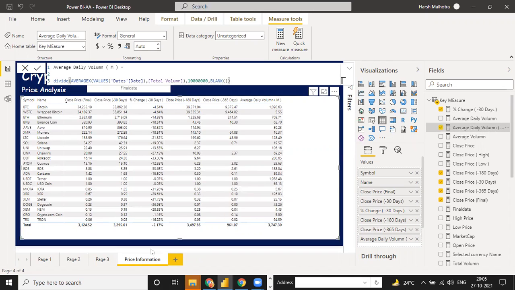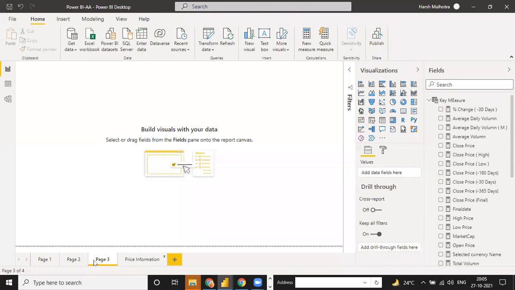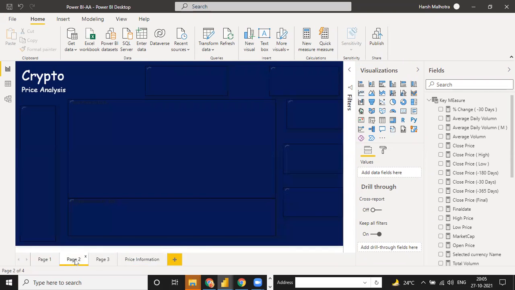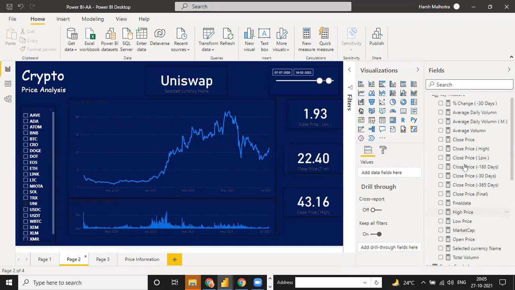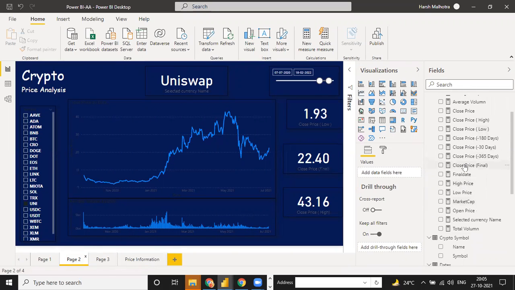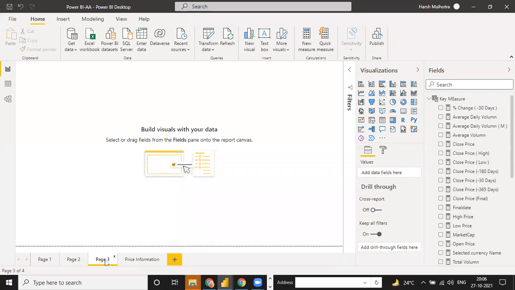Okay, now one more thing we have, remember some analytic calculations: we have to calculate best 30 days, best 180 days, or best 365 days value, as well as worst 30 days, worst 180 days and worst 365 days value, currency wise, symbol wise. So this is the next topic, what we will do in the next class. Any doubt you have now, you can ask me up to this. So in total we have created almost 20 functions, and 10 to 12 functions we will create tomorrow. Any other doubt you have in this?